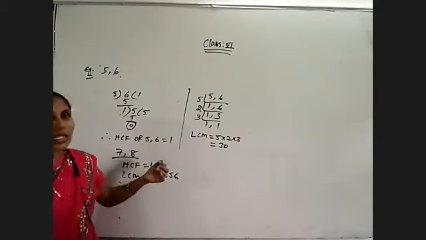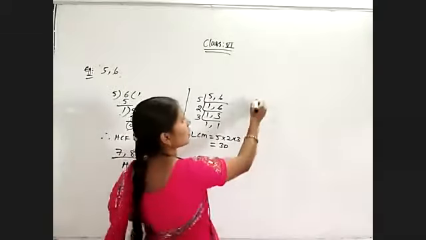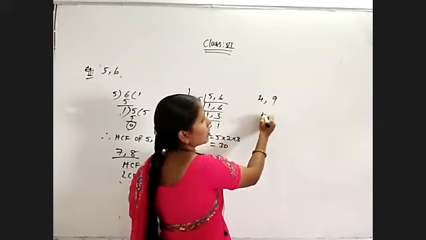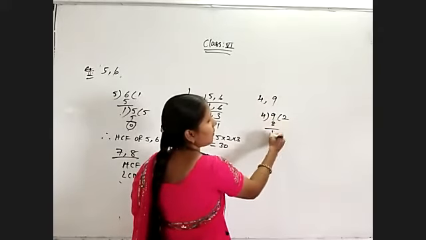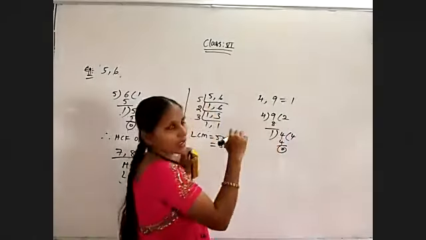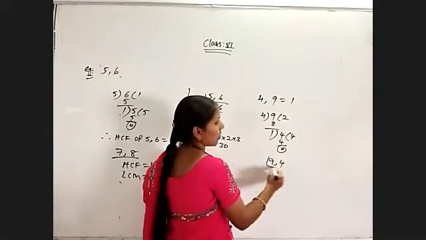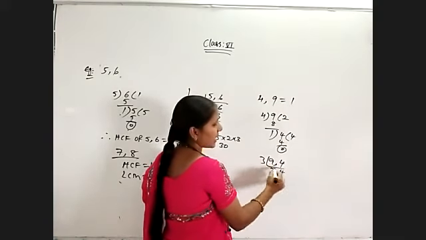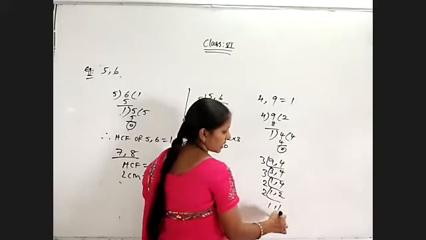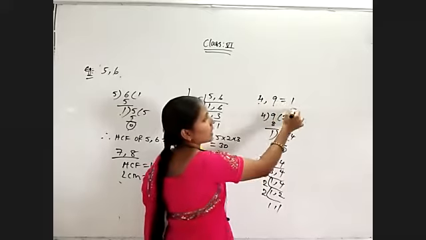So remember these two points. And one more thing: not only for consecutive numbers, but for any numbers whose HCF is equal to 1. Suppose 4 and 9. What is their HCF? 9 divided by 4: 4 twos are 8, 1 is left. 1 four is 4. So the HCF of these two numbers is equal to 1. Now find their LCM. 9 and 4 don't have any common factors. 3 threes are 9 and 4 as it is we write. 3 ones are 3, 4 as it is. 2 twos are 4, 2 ones are 2. So 2 twos are 4, 4 threes are 12, 12 threes are 36. 9 fours are 36.